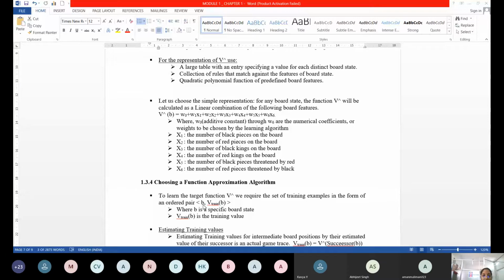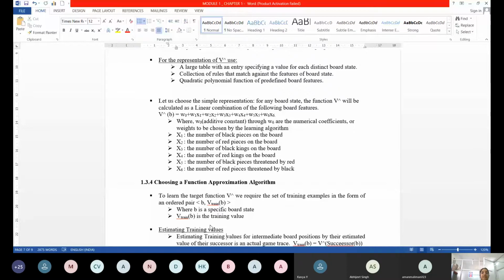So I have a board state. For every board state, I had a trained value. So the specific board state and then the training value, which is the maximum value, I'll just go according to that. Suppose I am standing in between directions along with my subdirections. Which direction's board state has the highest value? To that move, I will go.